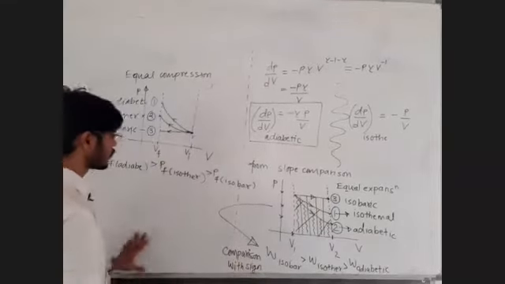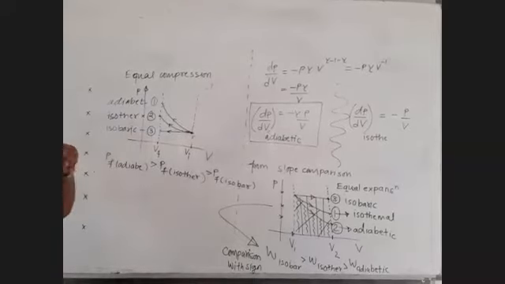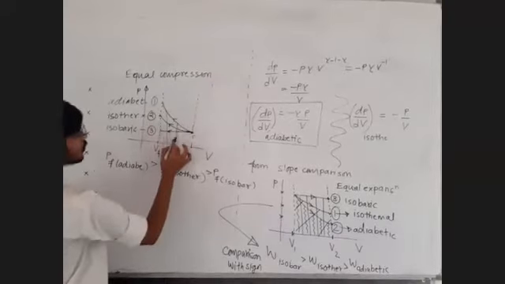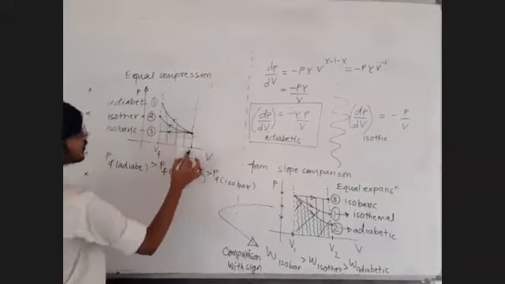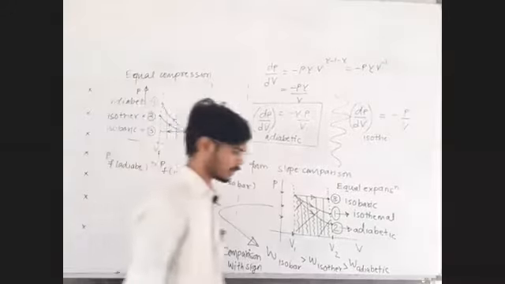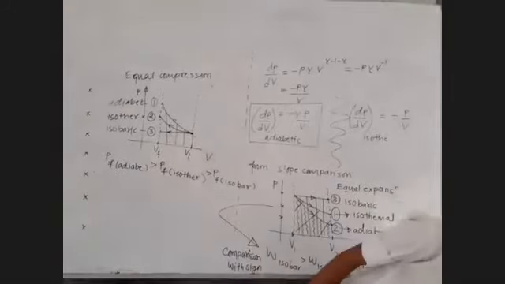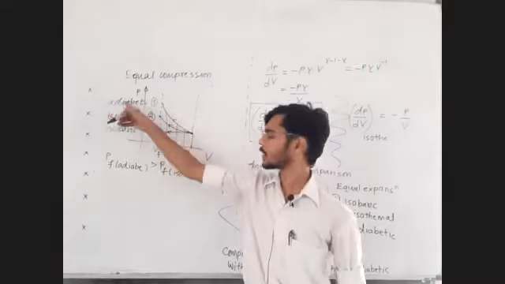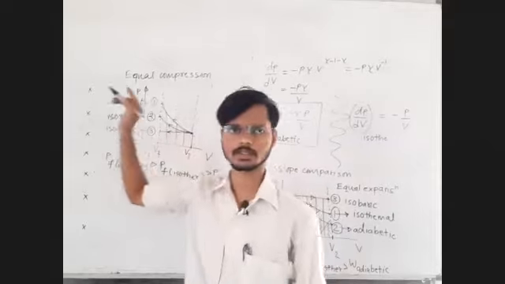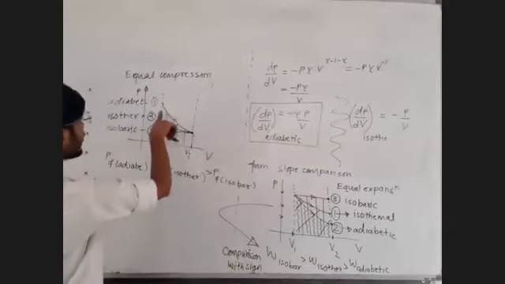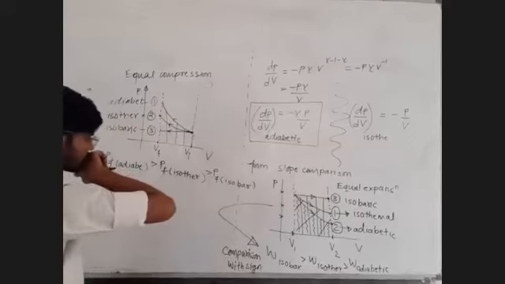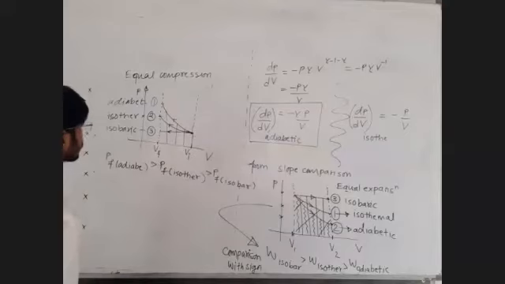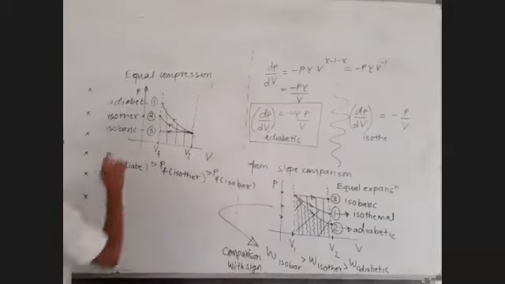Fine. Now let us compare here. Which area under the curve is numerically more? I want numerically more. In this graph, which area under the curve is numerically more? Adiabatic. Perfect. All of you are giving the correct answer. Here, adiabatic area is numerically more. So that value is just numerically more.